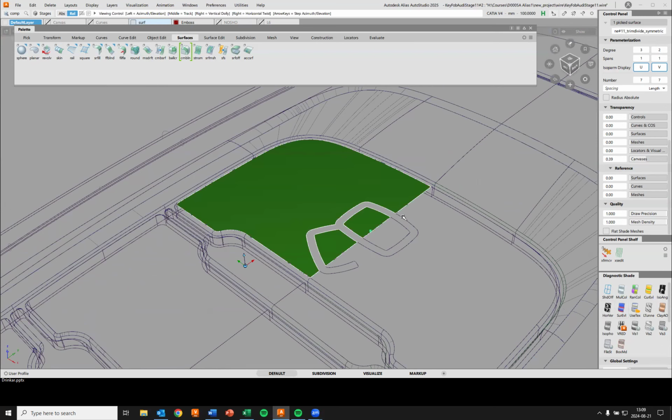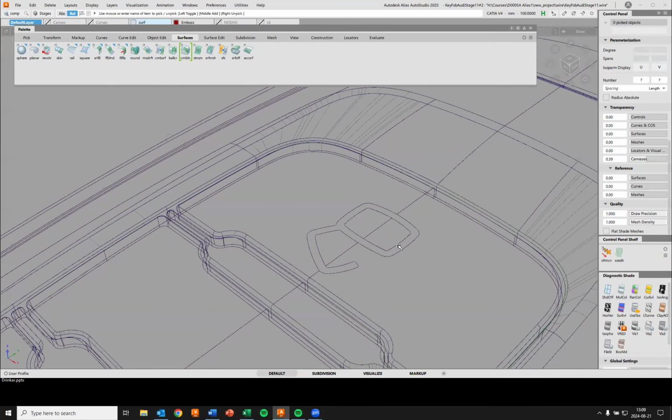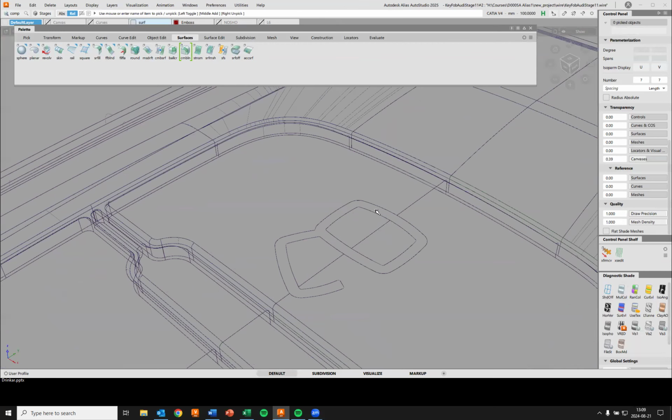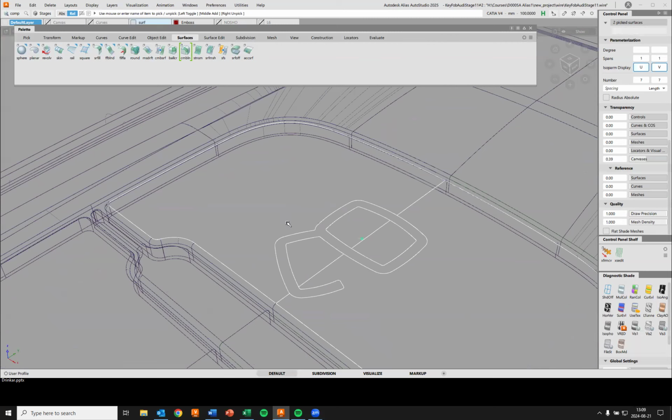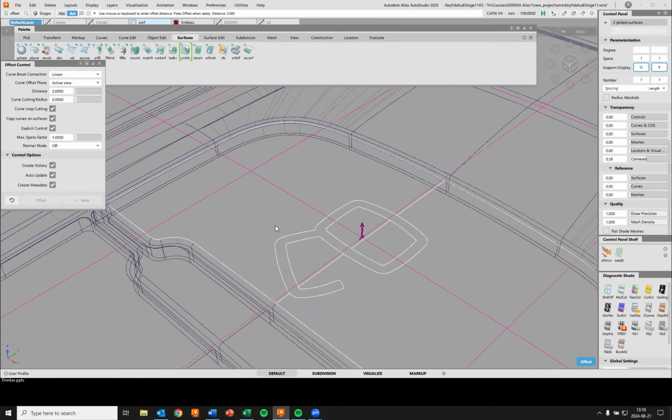So put some color onto that one. All right, this is our outline for the graphics. Now we want to go down into the material. So I'm going to make an offset of these two surfaces. So I pick my surfaces, pick surface, that one and that one, and go Object Edit, Offset, like so, and